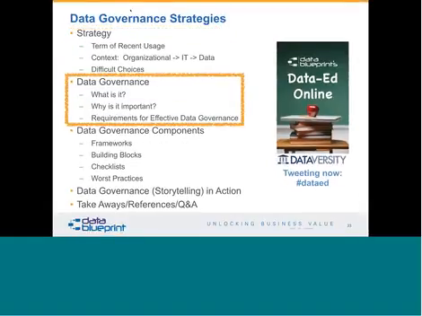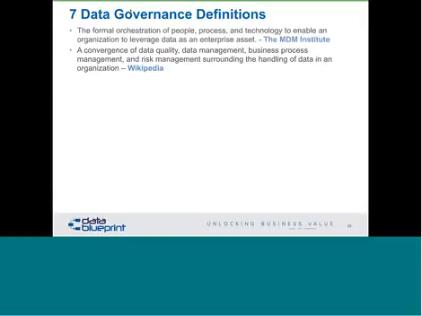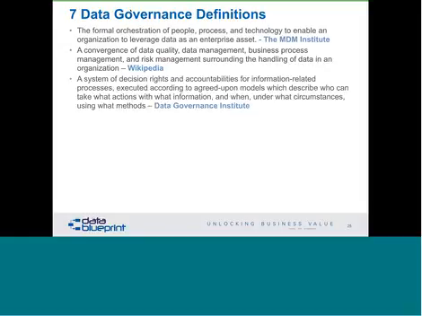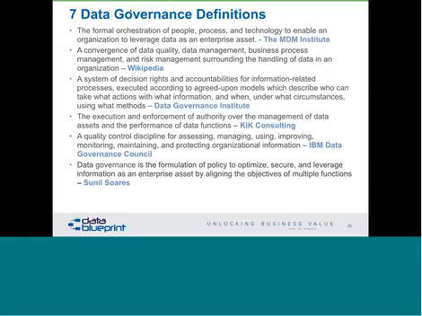We'll move now into the next component here, which is really looking at definitions. And anytime that you're out on the internet and you start to see lots of definitions out here, these are all very good definitions, but it doesn't unfortunately really help us to understand what's going on from a data governance perspective. So I'll just read a couple of them here. Formal orchestration of people, processes, and technology to enable organization to leverage data as an enterprise asset, absolutely. A convergence of data quality, data management, business process management, risk management surrounding the handling of data in an organization,